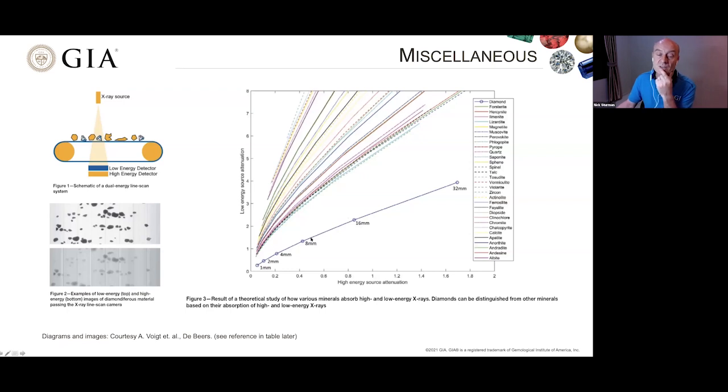And this table shows you the complete difference of diamond transmission to X-rays relating to size and the high energy source and the low energy source. So diamonds are completely different to most of the other minerals that would be associated in the mine. And it's relatively straightforward for this type of system to separate diamonds from the ore. So it's a very useful method, and it's being employed more and more in mines today. And as far as I know, it's also been used for other gems, not only diamonds too. There's some other colored stones.